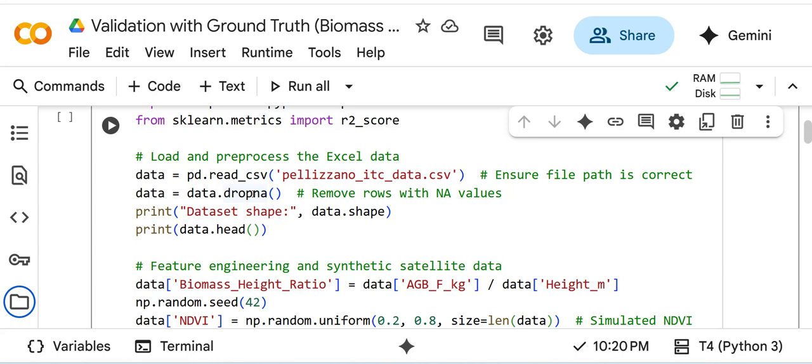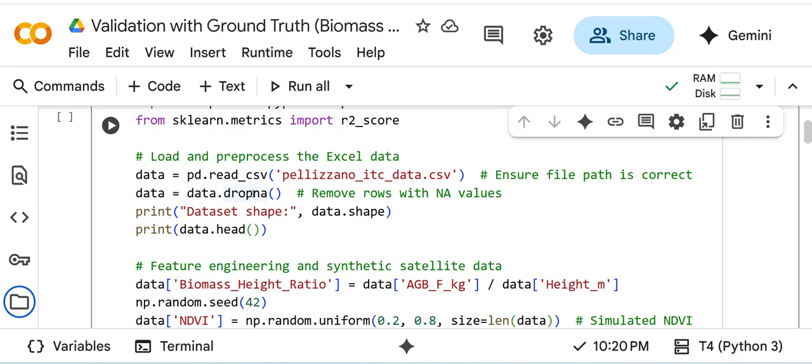We are reading the Elizano ITC data.csv, which contains field measurements like tree height and biomass. The dropna function removes any rows with missing values to ensure clean data. Let's print the dataset shape and a preview of the first few rows to confirm everything loaded correctly.